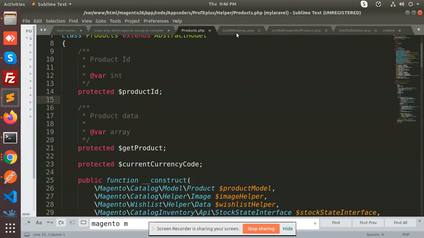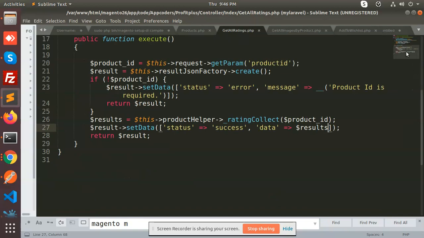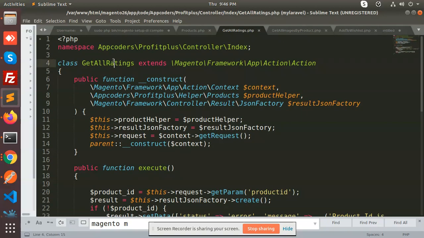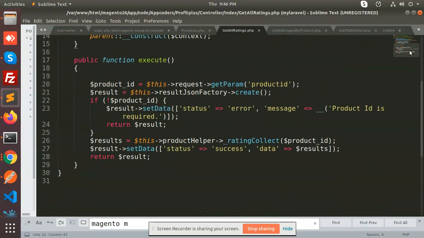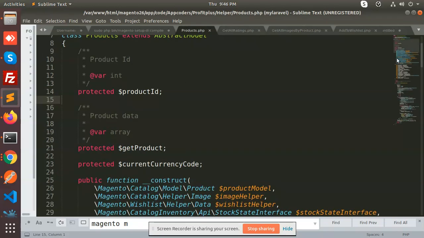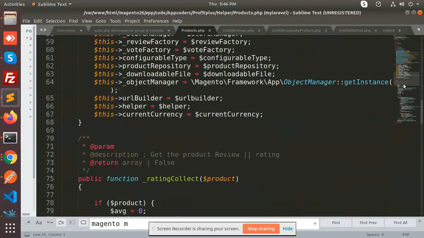First of all, I have created a get all ratings module, and here I'm getting the parameter product ID, and after that I'm getting the product helper rating collection. Going to the product helper, this is my product helper class.